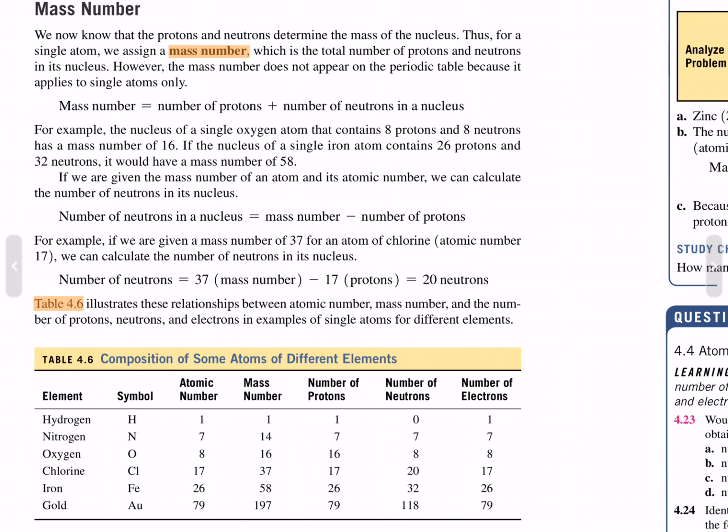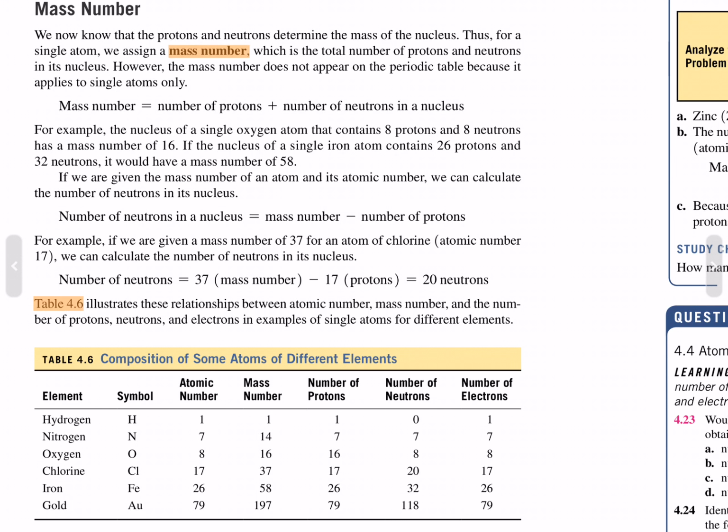The mass number equals the number of protons plus the number of neutrons in a nucleus. For example, the nucleus of a single oxygen atom that contains 8 protons and 8 neutrons has a mass number of 16. If the nucleus of a single iron atom contains 26 protons and 32 neutrons, it would have a